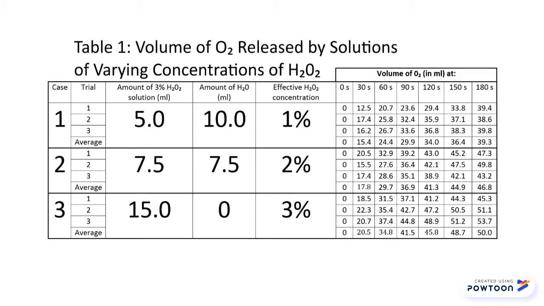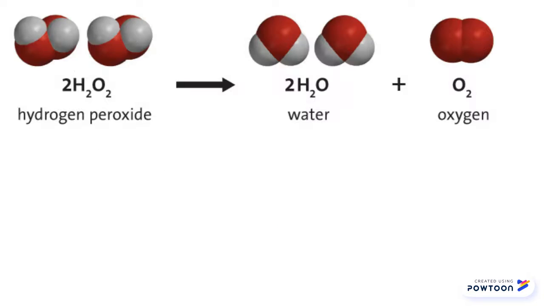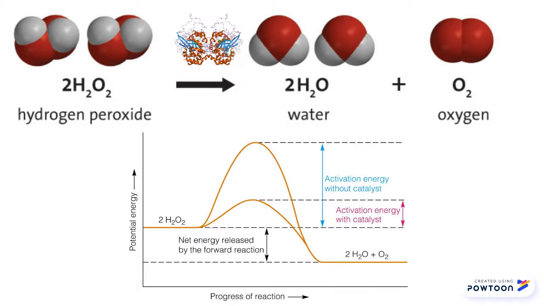This is a table of the data that was collected. This data demonstrates how a greater concentration of hydrogen peroxide directly correlates with a higher rate of reaction. Hydrogen peroxide naturally decomposes into liquid water and oxygen gas on its own, but the decomposition takes a very long time. When our hydrogen peroxide solution comes into contact with the catalase-soaked disc, the catalase catalyzes the decomposition, rapidly increasing